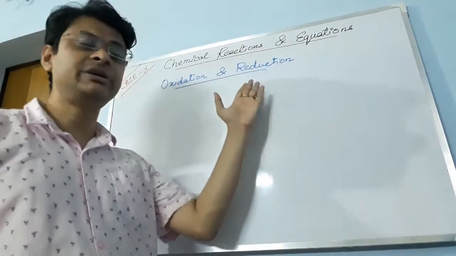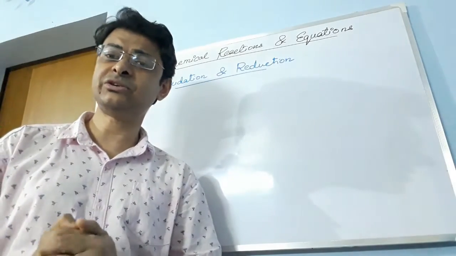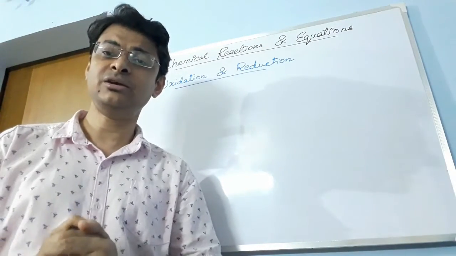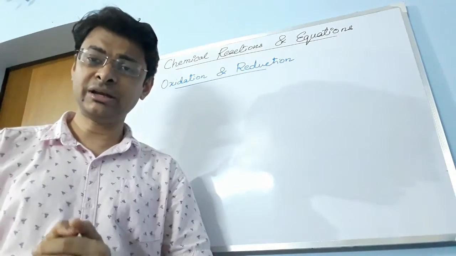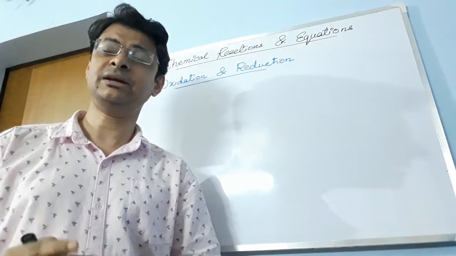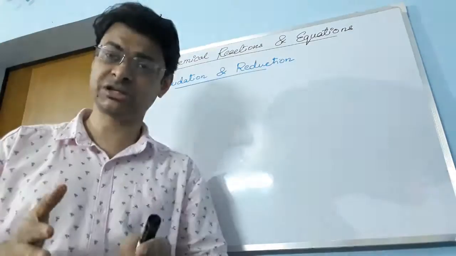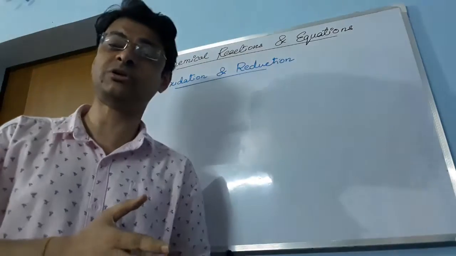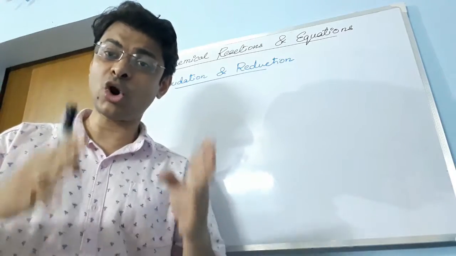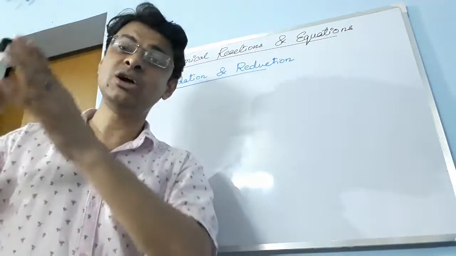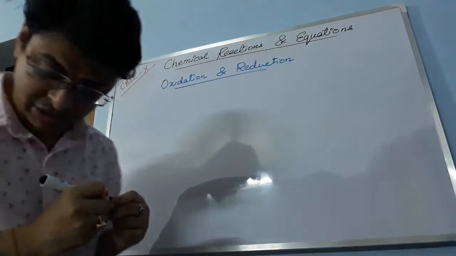Now oxidation reduction reaction. Now students, oxidation reduction reaction is determined with the help of oxidation number. It is a very big concept, but in your syllabus it is only stated that whenever in a reaction there is addition of oxygen, we call it oxidation, and whenever there is removal of oxygen, we call it reduction. So again I repeat, whenever oxygen is added, it is oxidation, and whenever oxygen is removed, it is reduction.